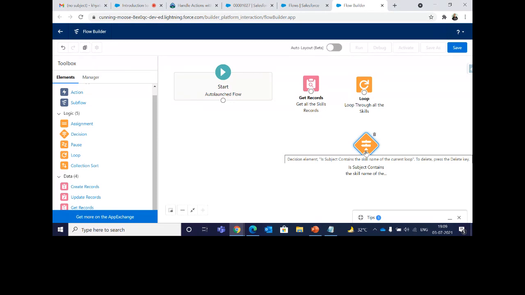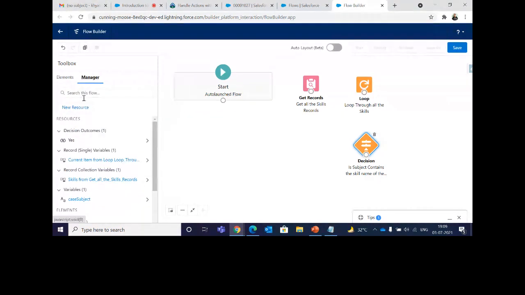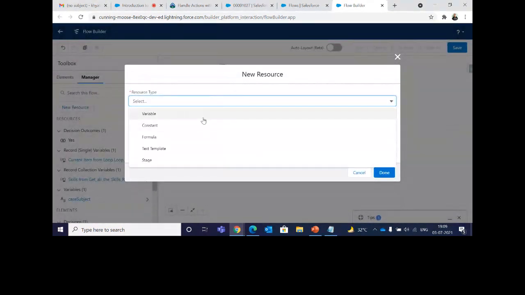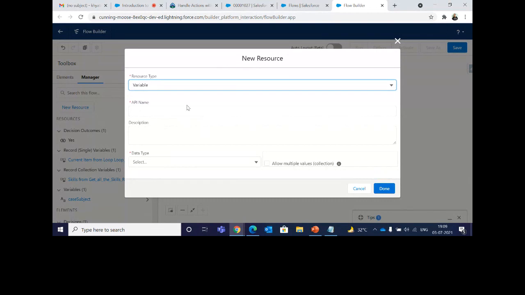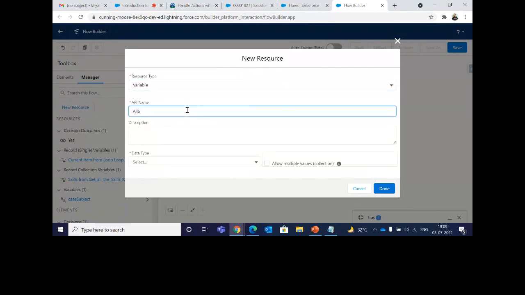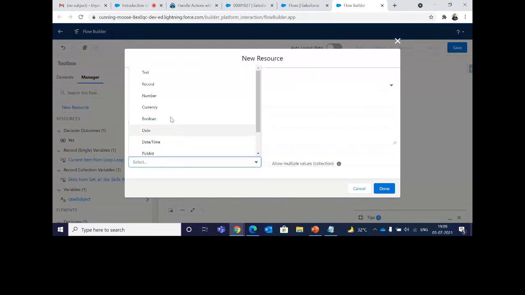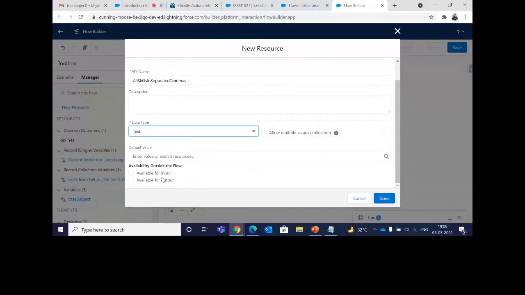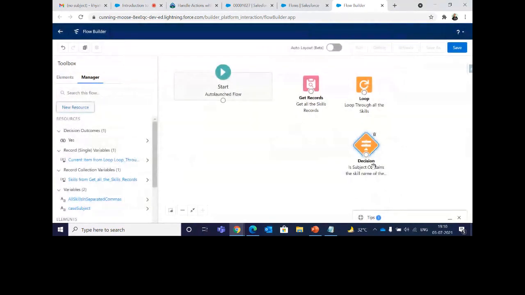OS installation comma English. So for that, I need to create a new resource variable type for skills separated by commas, and I'll give it as text, and I don't want anything for now, so I'll just click on done.